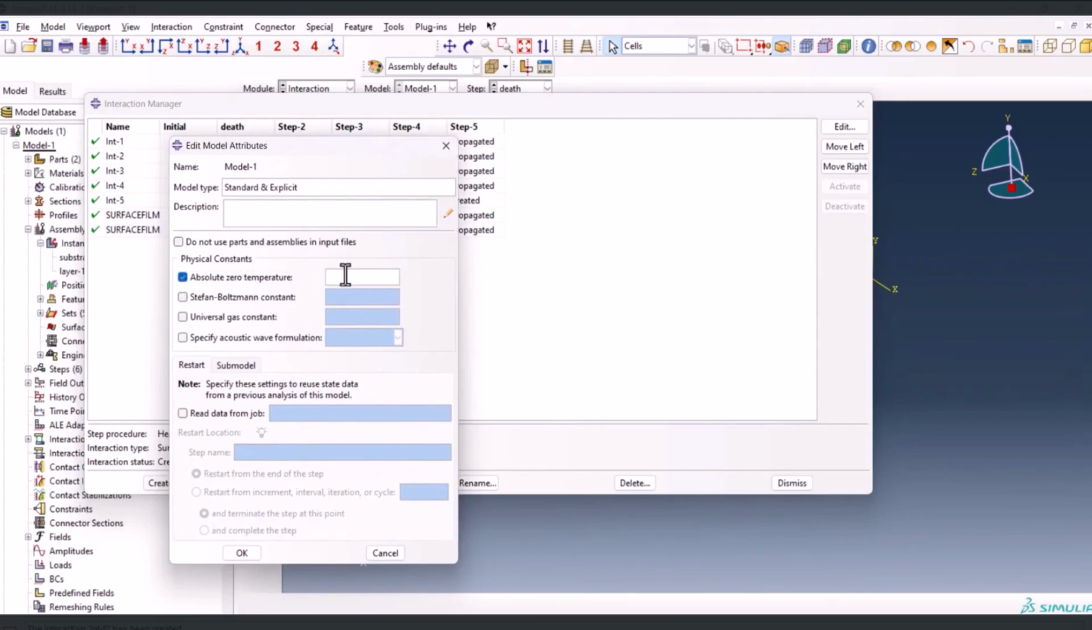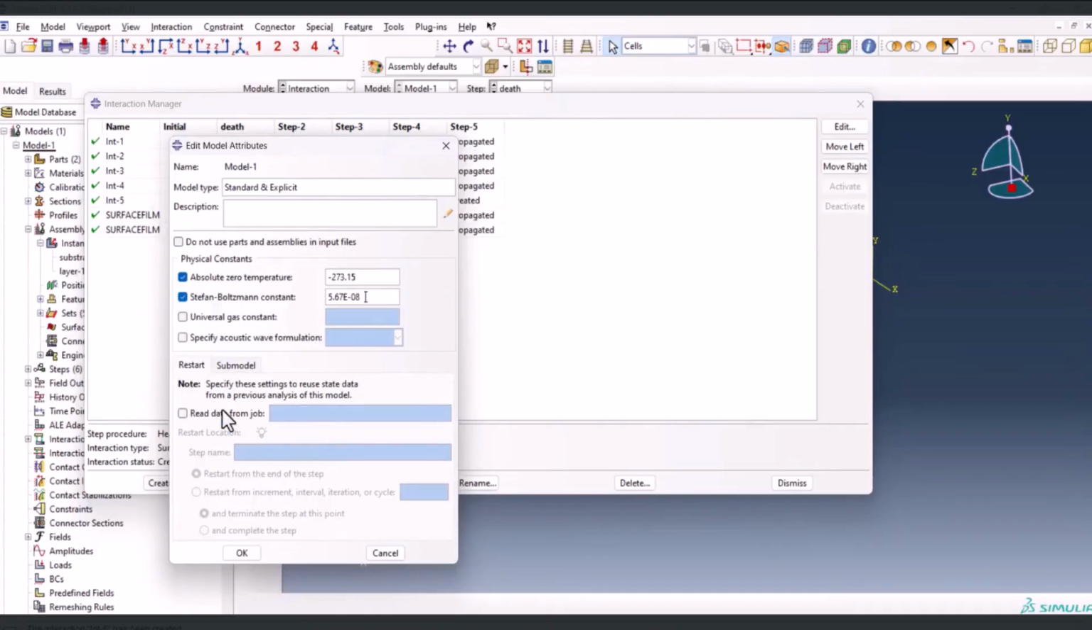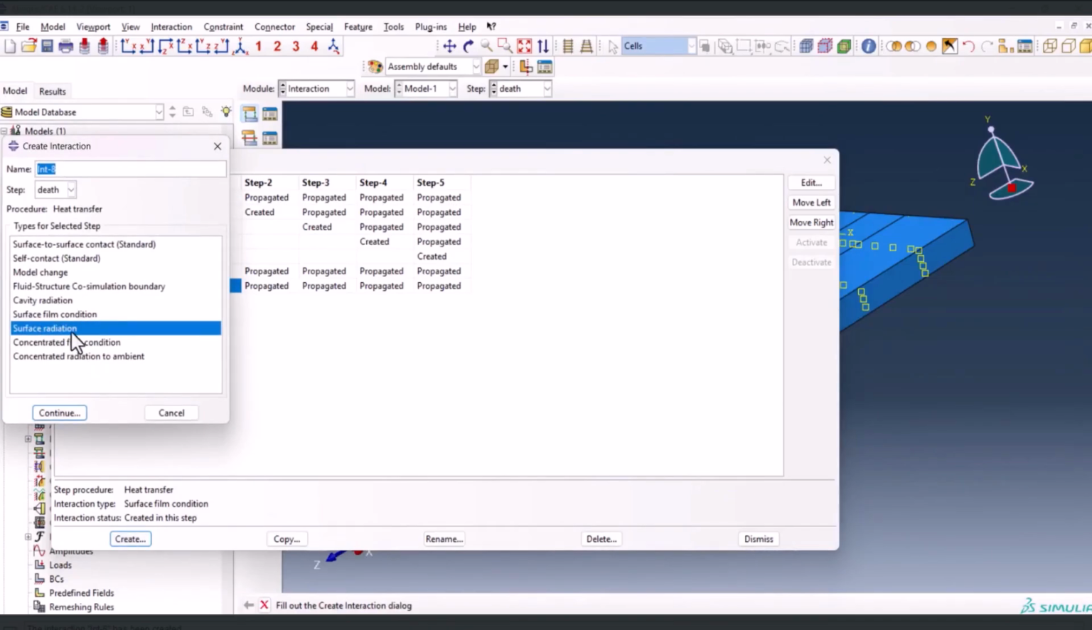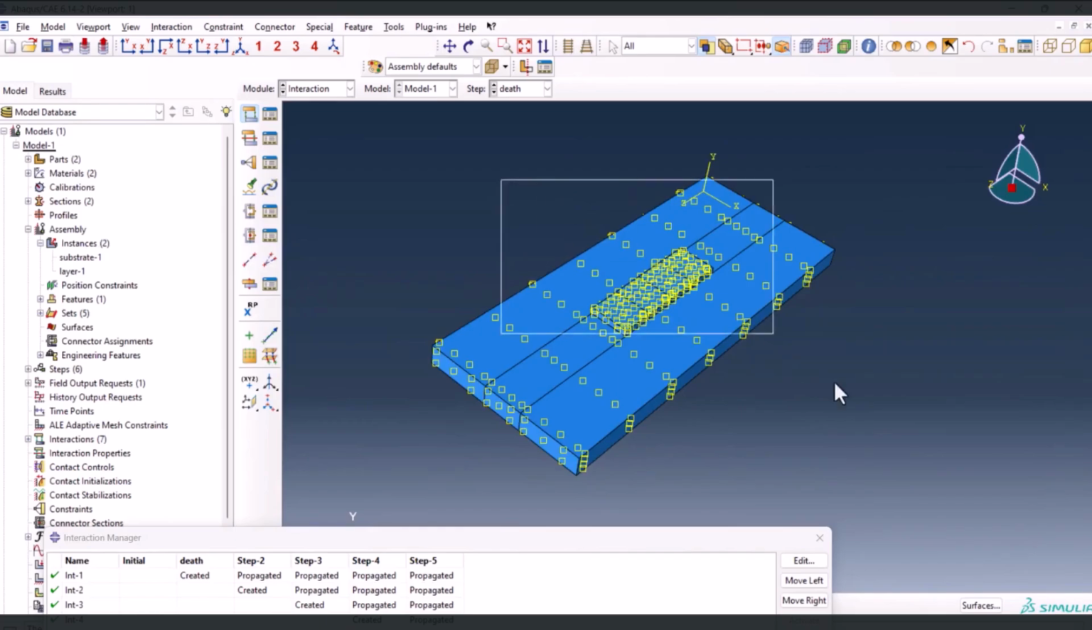Absolute zero temperature is minus 273.15 and the Stefan-Boltzmann constant is this one. Control C, Control V. Okay, now we can create the surface radiation. So let's name it surface radiation. Continue. This time we want to select everywhere